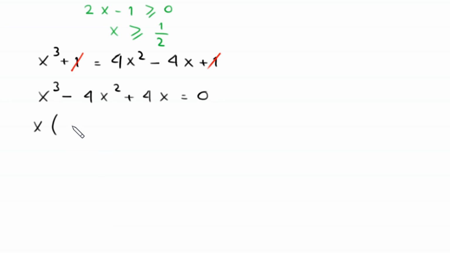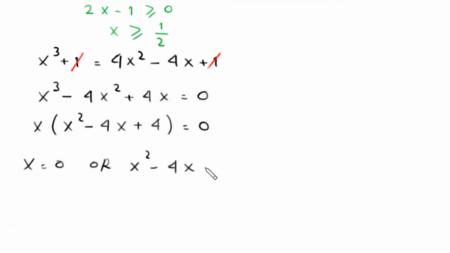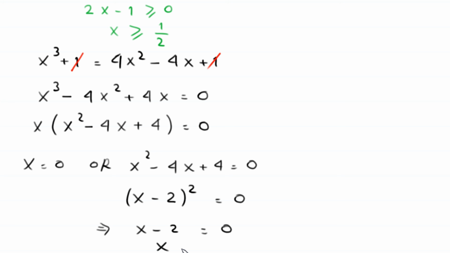Factor out x in bracket left, x squared minus 4 times x plus 4 equal to 0. Either x is equal to 0 or this expression x squared minus 4 times x plus 4 equal to 0. This is a perfect square. This will become x minus 2 whole squared equal to 0. If we take square root of both sides, this implies that x minus 2 equal to 0, and x will be equal to